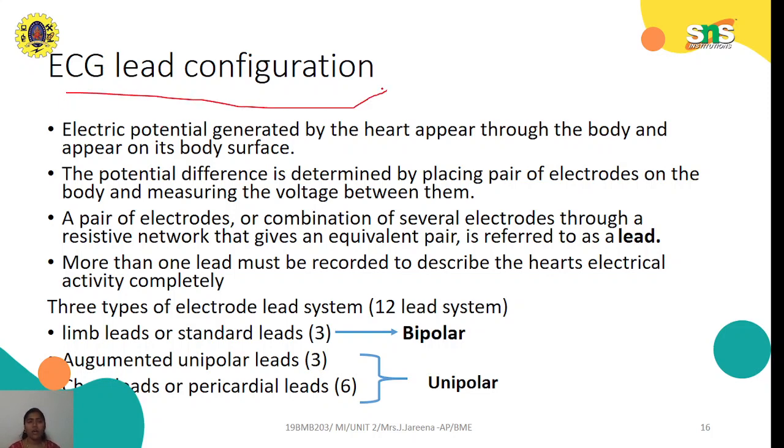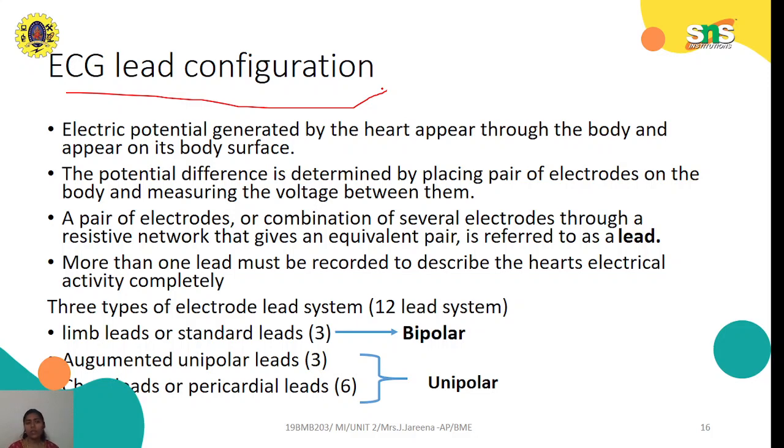In the earlier class, we discussed different topics: what is meant by ECG, how the electrical activity of the heart is generated, and what the source of that electrical activity is, that is, the action potential of the heart. We saw how the SA node, AV node, bundle of cells and Purkinje fibers work together to produce a sequence pattern of the ECG waveform. So in this class, we are going to see the lead configuration, or the lead connection, which is used to capture these electrical potentials of the heart.